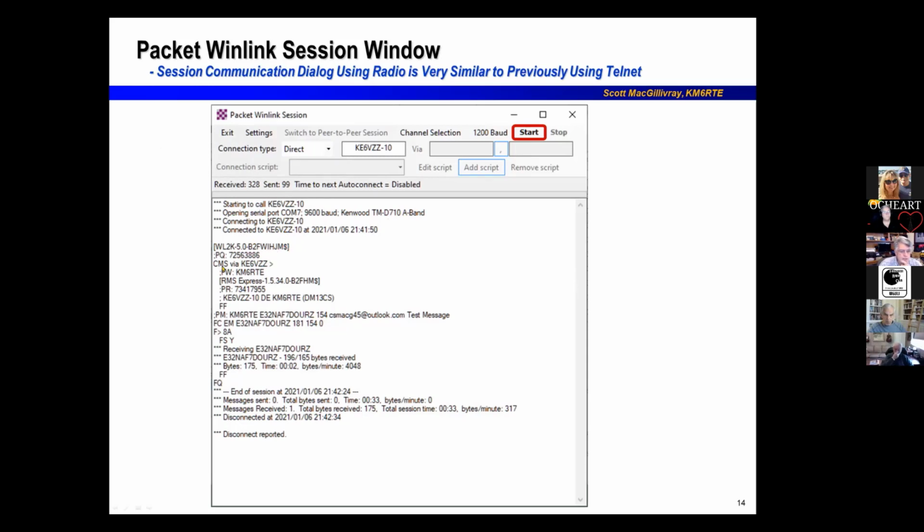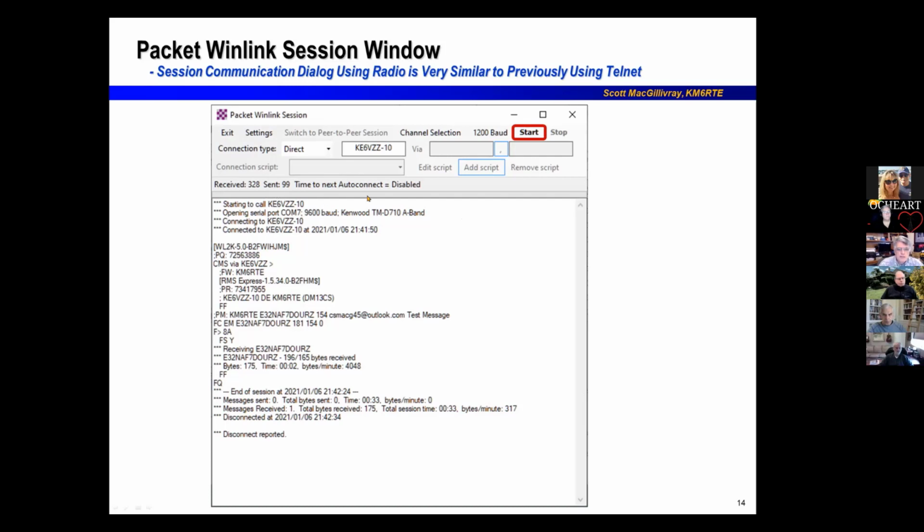will then go out and check to the common message server, CMS, and try to see if there's any messages for me, KM6RTE, and it found one, and so it basically downloaded a message that I'd sent it as a test message. Received it. You will see up in this little section of the window a little green bar appear as it's downloading the message, and if you're sending a message, a little red bar will appear saying it's sending the message, and it's kind of like that